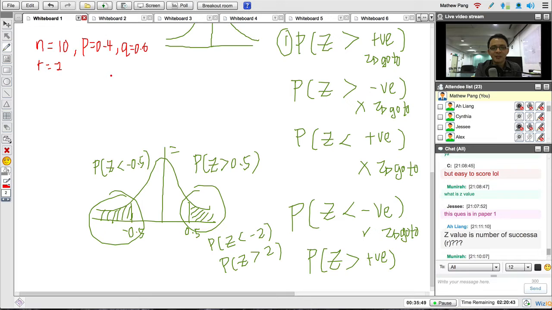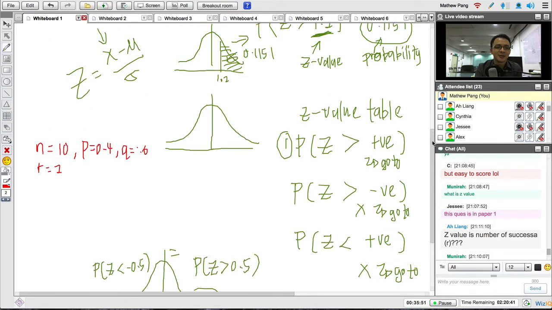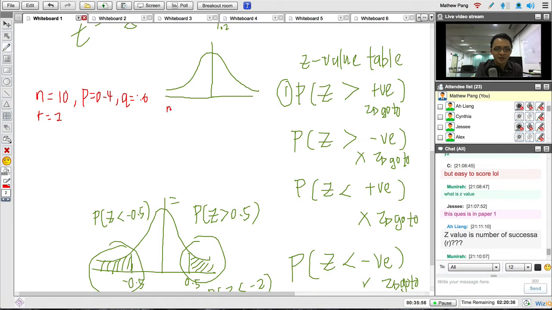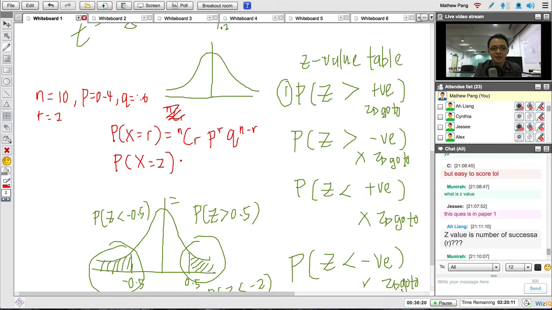Of course, if you learned about the formula just now, which is the NCR one, I'll rewrite the formula here. X equals R, and then equals NCR, and then P to the power R, and Q to the power N minus R. If you learned this formula, you know X means the number of successes you get, which is just 2, because I got R equals 2 here. Then here will be 10C2, and then here will be